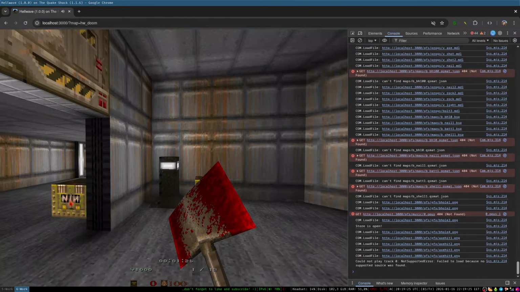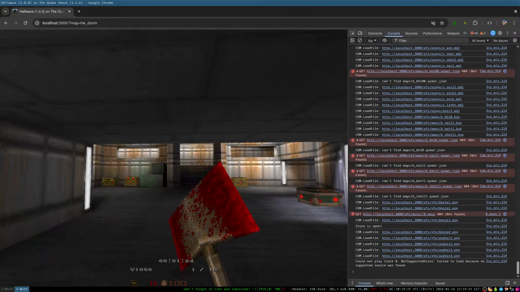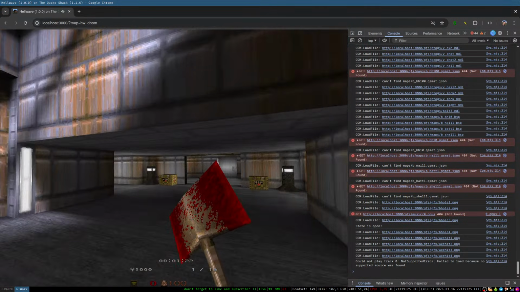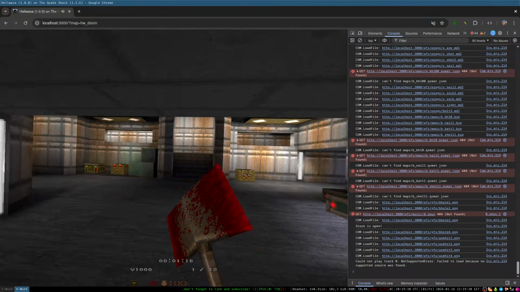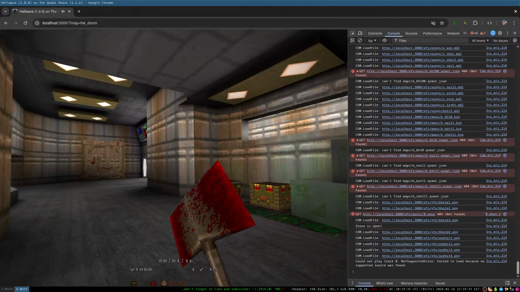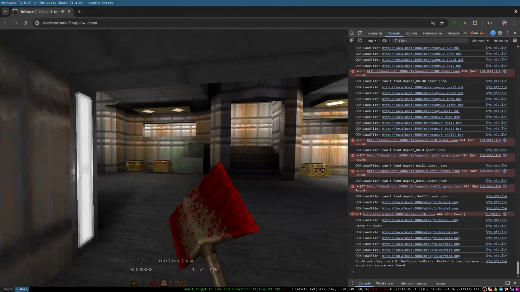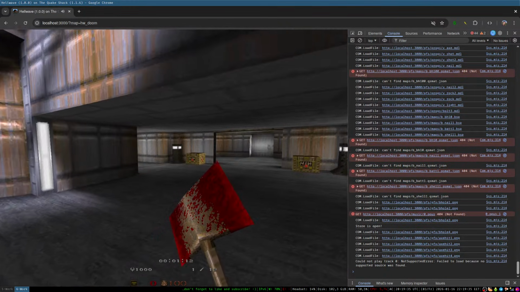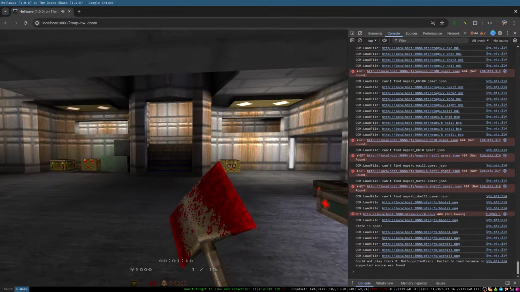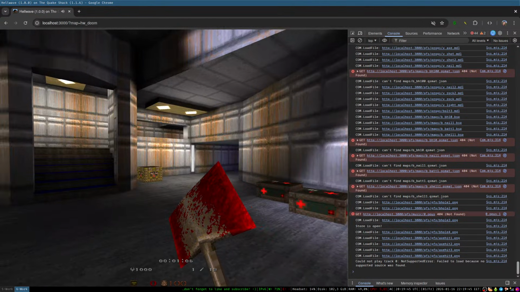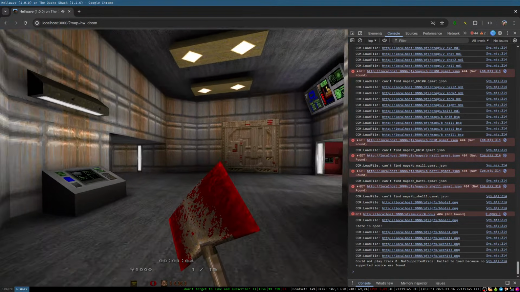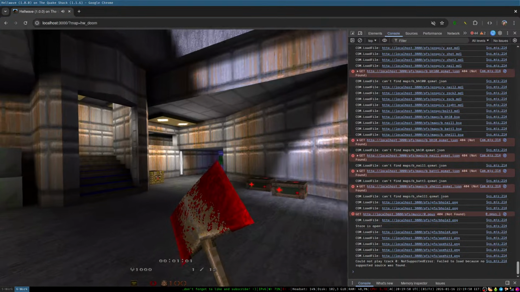So I've been working on this mod. The idea is based on Killing Floor, a game where you have to fight against hordes of enemies, and it's based in rounds. So the first round is going to be easy, the second round is going to be a little bit more difficult, and so on. In each round, you get a few bucks whenever you kill an enemy, and these bucks you can actually use